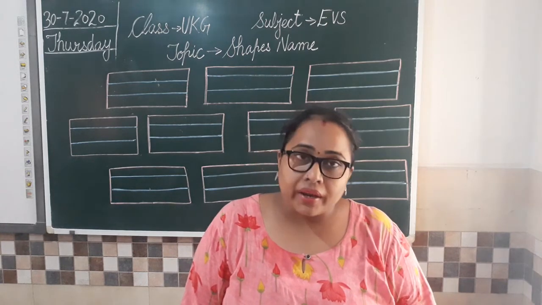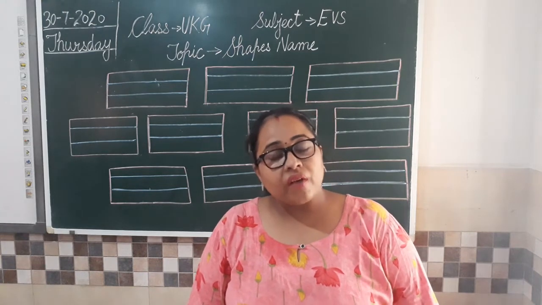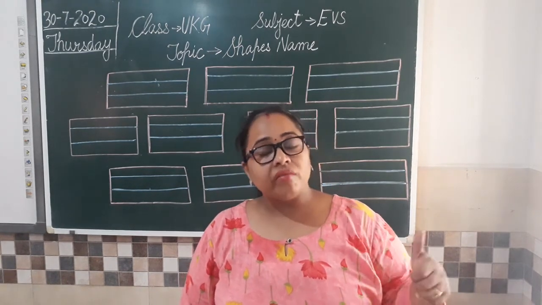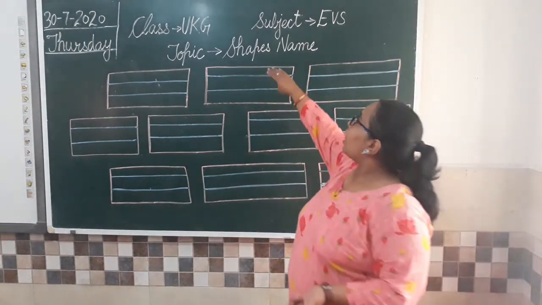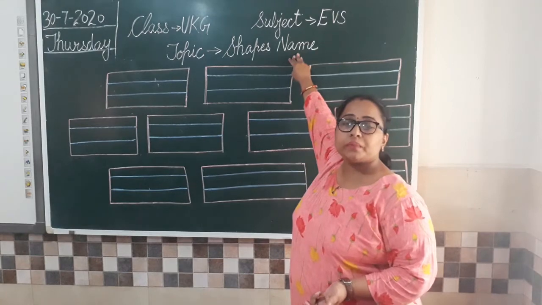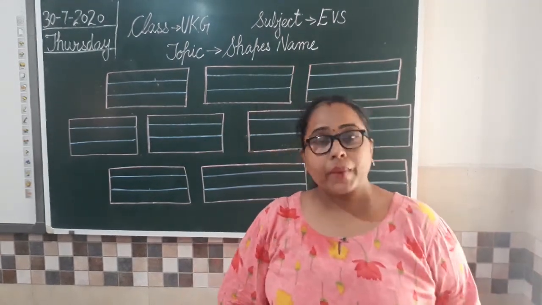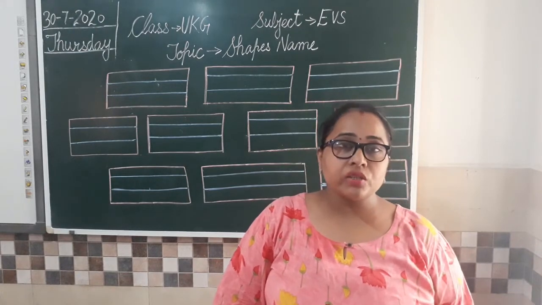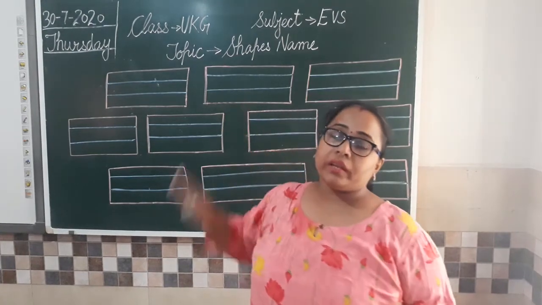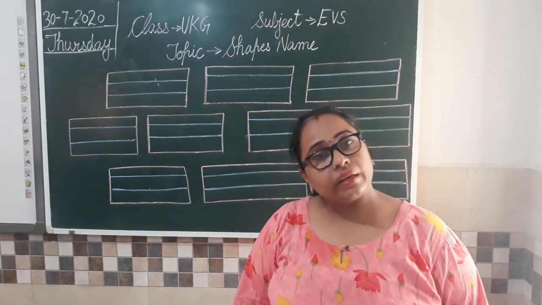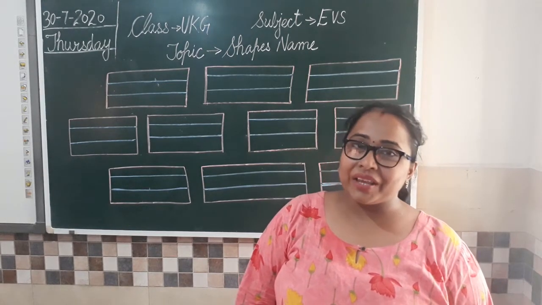Today we are going to write the name of different shapes in our notebook. So we have learned about colors, their names, their spellings, and today I am going to tell you how to write shapes name. So I am going to show you one shape at a time. You will identify that shape, and after that I will write one by one. We will write the name of all these shapes. Clear? So shall we start with our today's work? You all are ready for that?